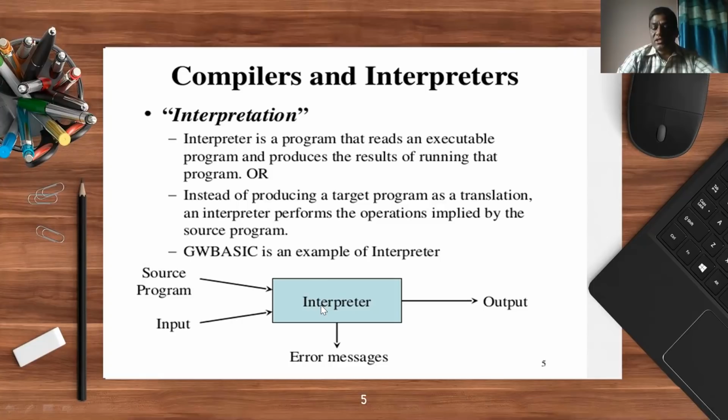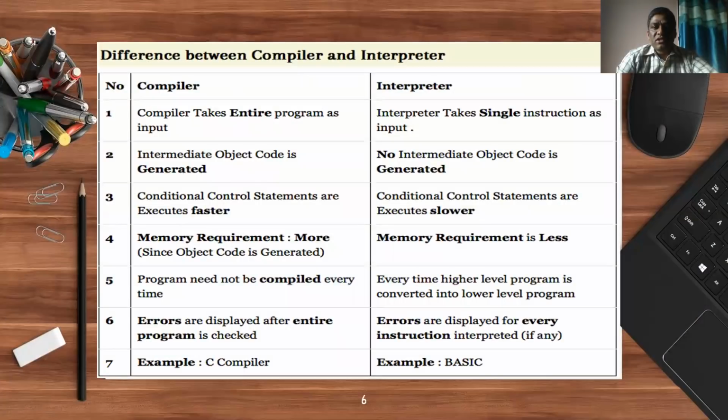In most cases, when a high-level language program is converted into a low-level language program, your operating system acts as an interpreter so that the output is generated by your program. But there are some languages where separate special interpreters are available for execution. For example, I said Python and R programming languages have their own interpreters. You can directly execute them without any compilation, right? Now have a look at these differences between compilers and interpreters.